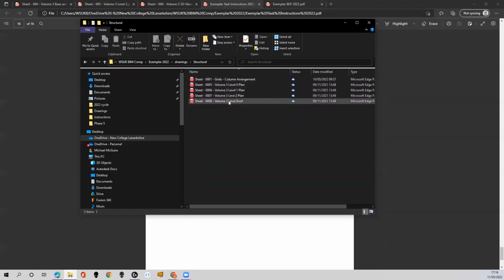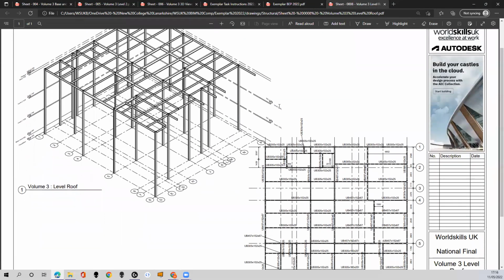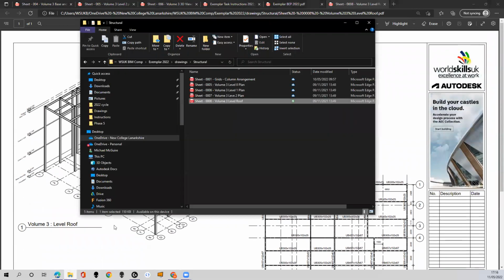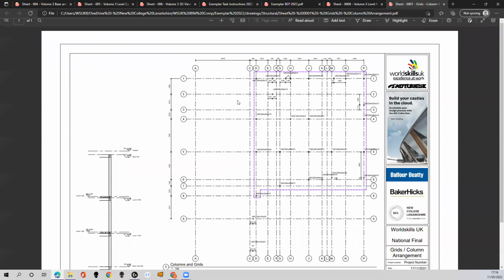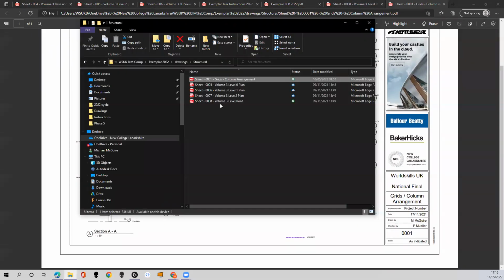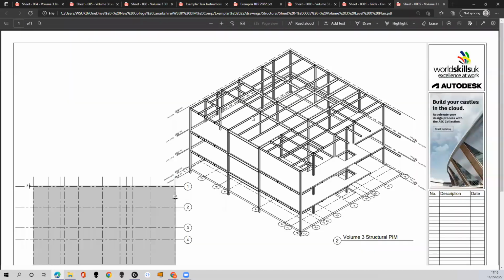Let's see. Volume 3, grids, we got it here. There we are. So that's up at the kind of roof level. We typically would have all the grids to create, all the levels to work out and put in. You would have, there we go, all of that steelwork to create and all of the structural slabs to